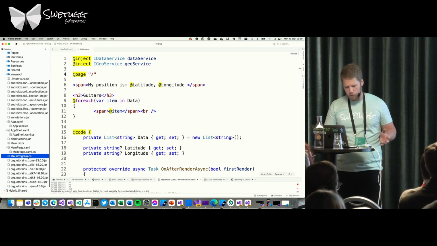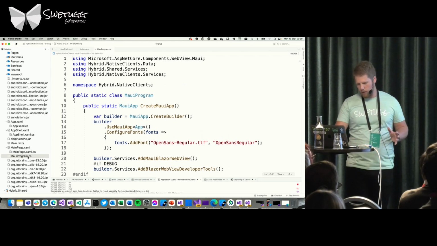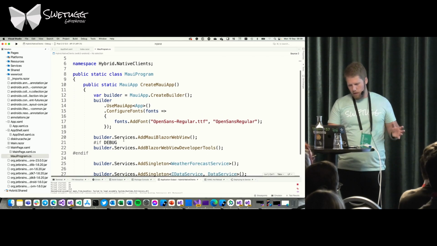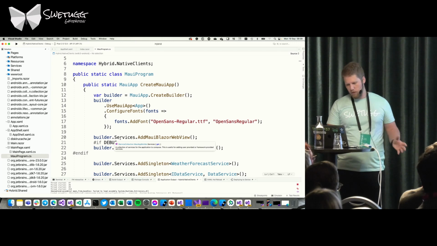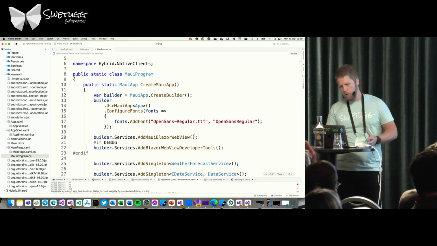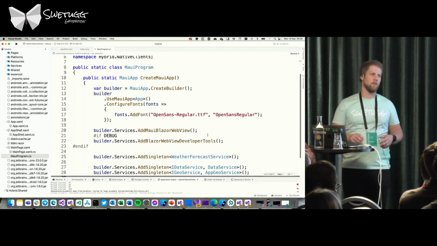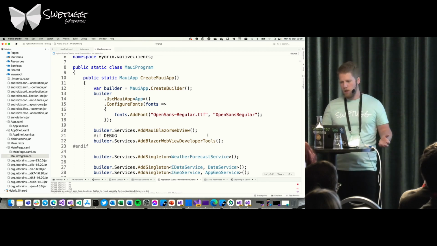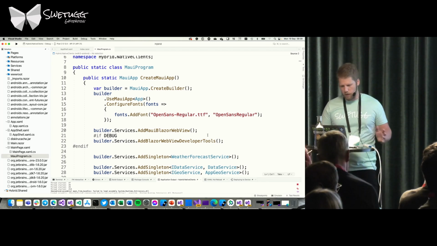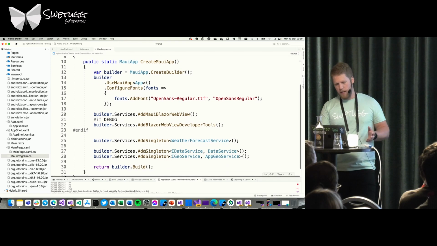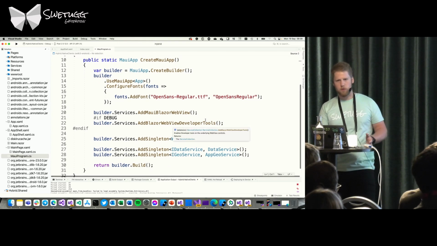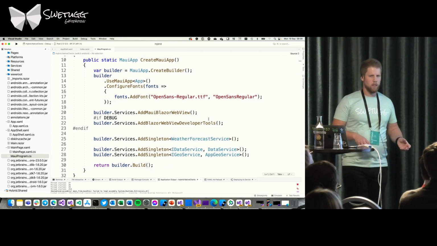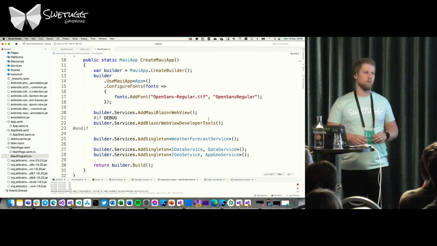The first thing you need to do is go to your MAUI program and add builder.Services.AddMauiBlazorWebView. If you create it from the template, it's added by default, so you don't have to care about that. Then you have AddBlazorWebViewDeveloperTools, and if you have that line there, it makes it possible to use the